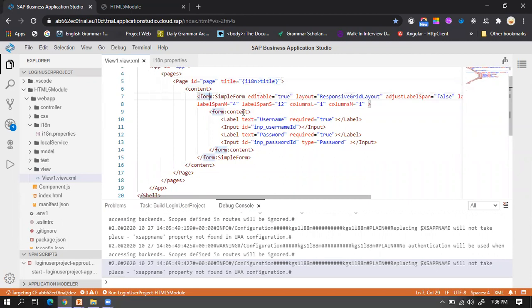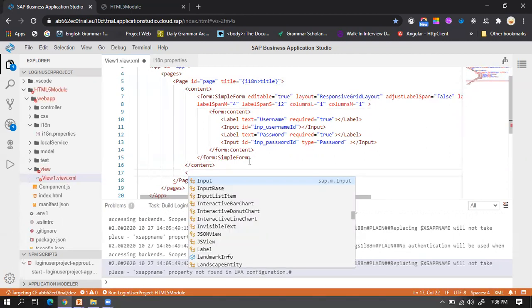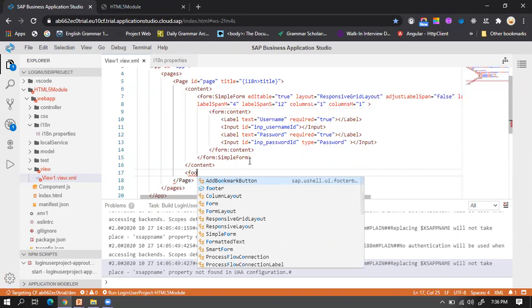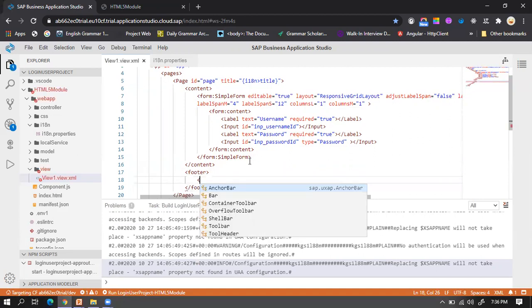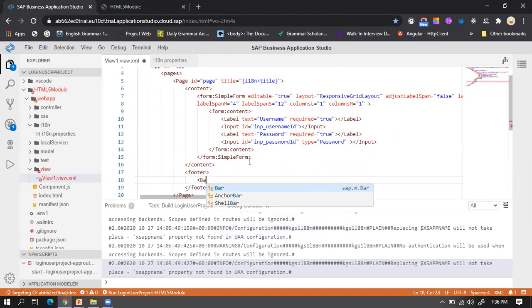Now I want the button for the login. If the user wants to log in, I can create another aggregation for a footer. In the footer, I need to add a bar for designing my footer, because I need to keep the login button at the right side. So for that I'm using the bar.